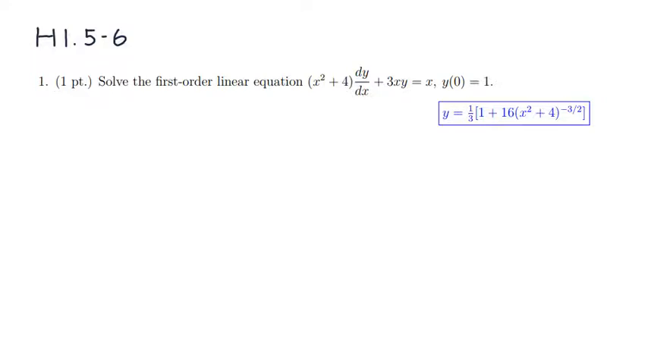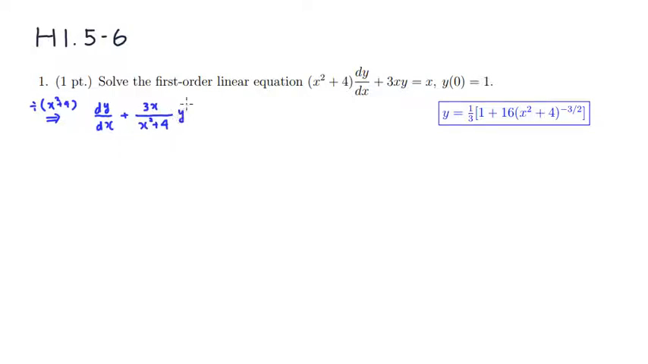Alright, let's look at homework 1.5, 1.6, problem number 1. Let's solve this first order linear equation. Since I would like to have 1 in front of dy over dx, I'm going to divide through by the quantity x squared plus 4. So we'll have dy over dx, and then we're going to divide through by 3x, so 3x over x squared plus 4,